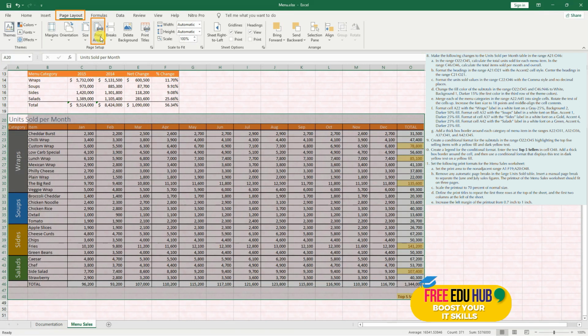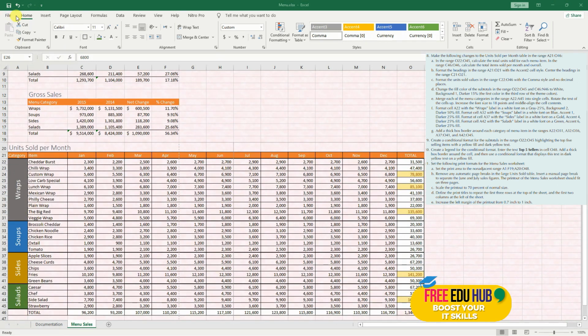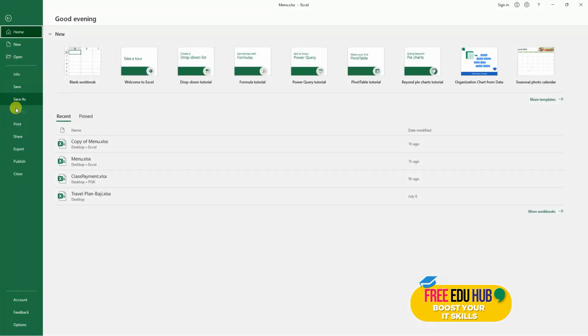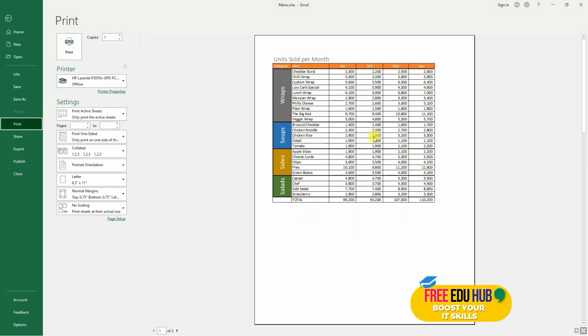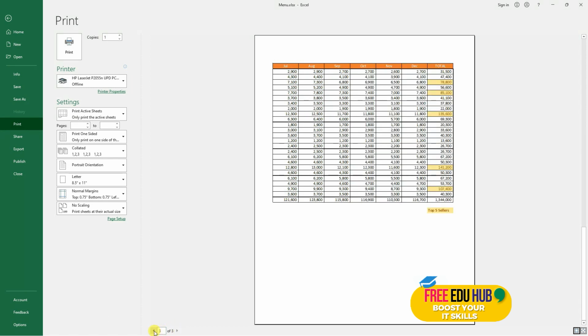Now since we have added the page breaks, if we preview it for printing, we'll go to print, and as you can see, it has divided it into 3 different pages, and the data is not clear as to what are the total sales of the items. So in order to fix that, we'll go back,